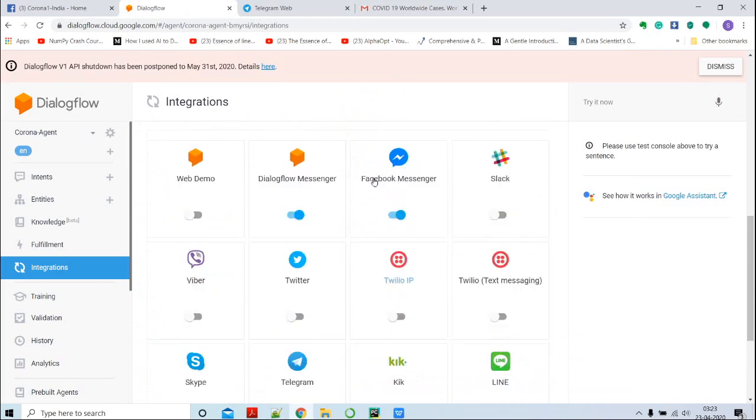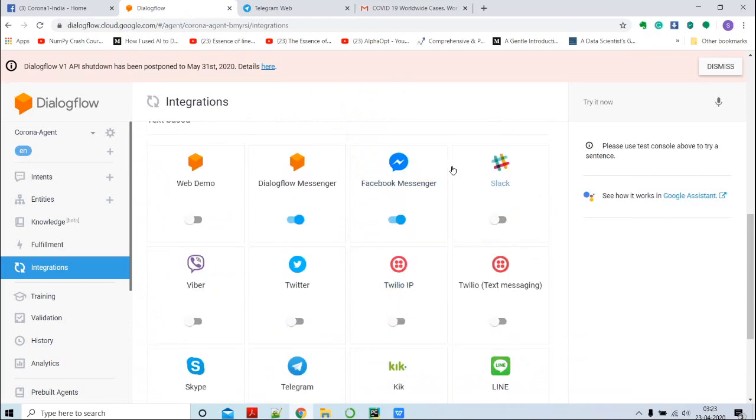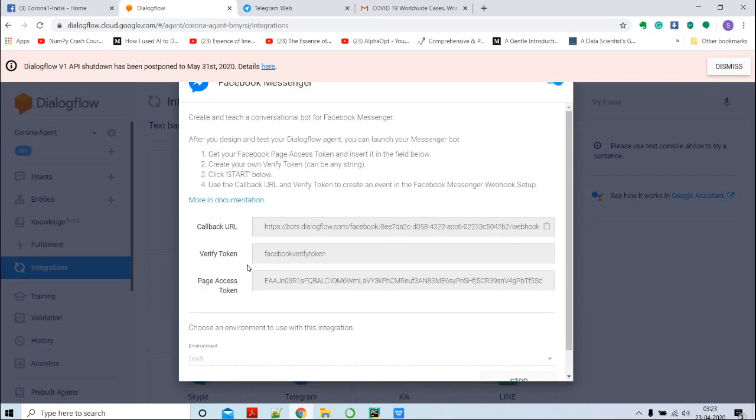And the integration of Facebook is similar to Amazon Lex, as we have already seen how we integrate with Facebook. After creation of the page and app, it gives me the callback URL. That callback URL token and the page access token I have to paste over here.